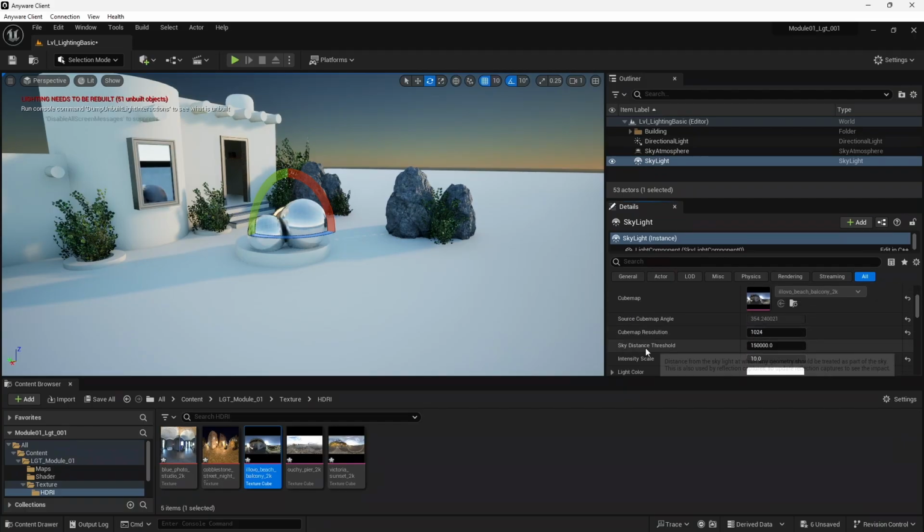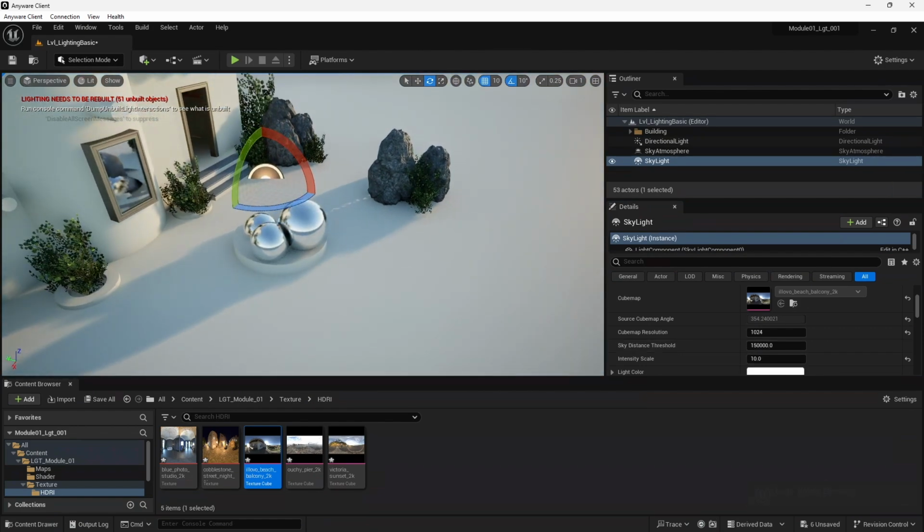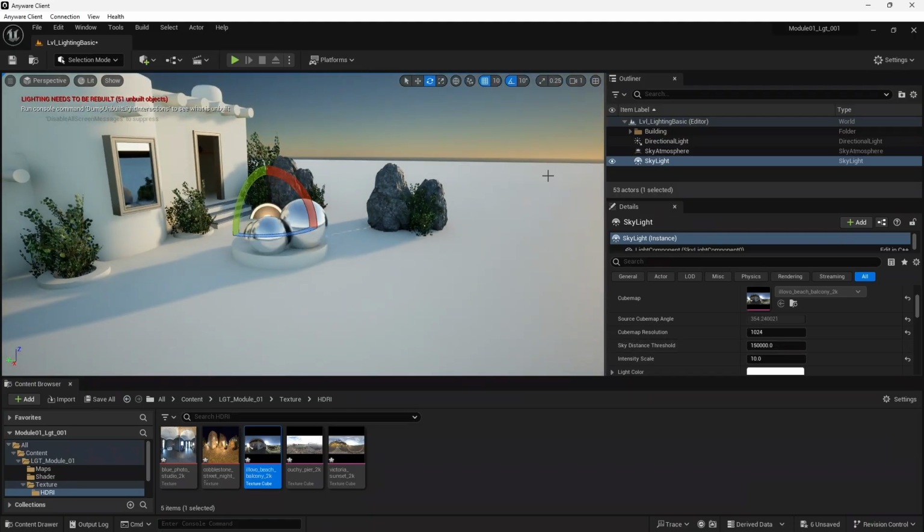We have a sky distance threshold value here. The sky distance threshold is basically the number of units away from the skylight actor. So this parameter defines what area needs to be scattered from the sky. If you are scattering up to a 150,000 units radius in the sky distance, that means everything outside that particular unit is considered as sky, and that's the area we are going to capture as illumination to light up the scene. To demonstrate this, I'm going close to the sphere